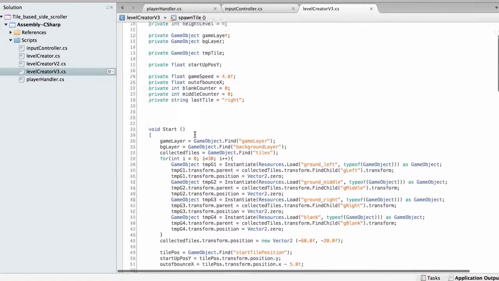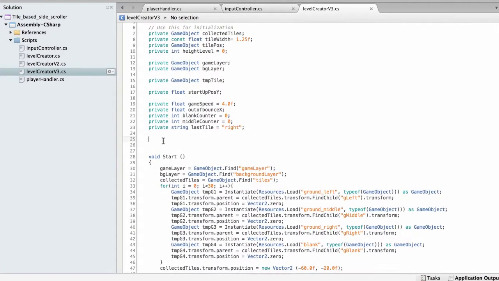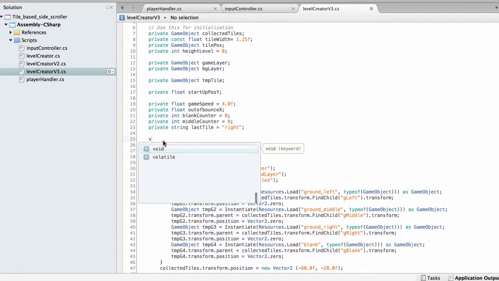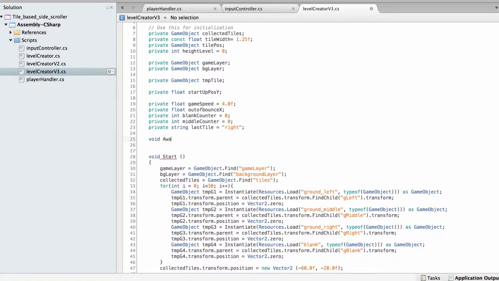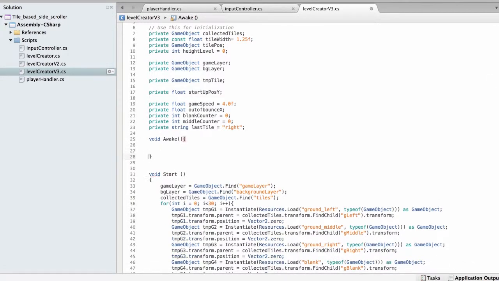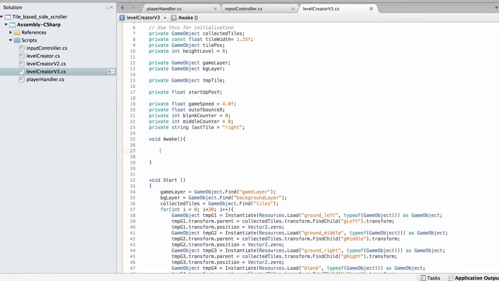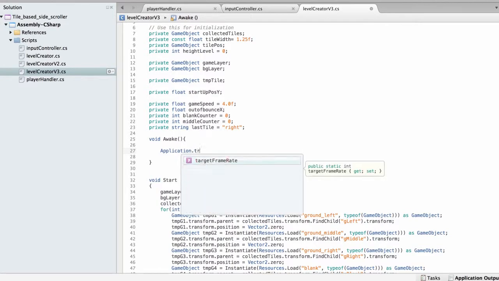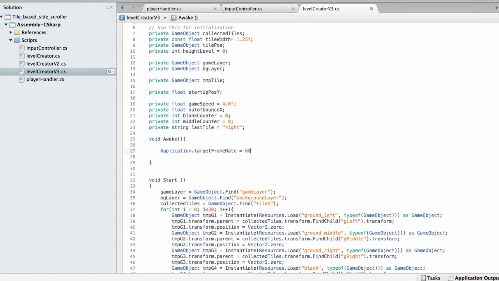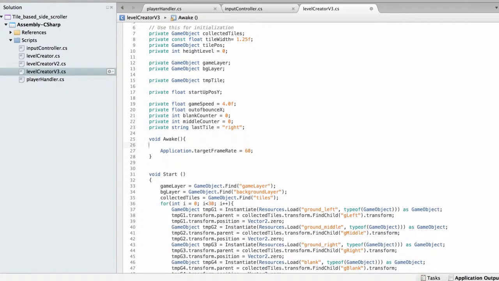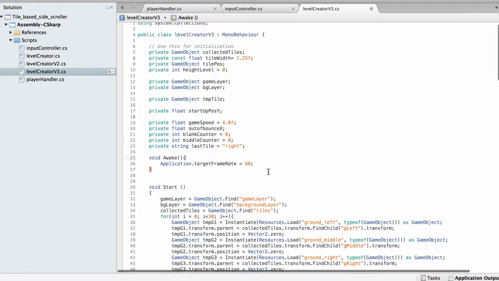So when you publish to devices, it's really good to know the target frame rate, or at least try to run in your preferred target frame rate. So that's what we're going to start off with. We're going to create an awake method, and within that we're going to do the Application.targetFrameRate and set that to 60, just to try to make sure we run as close to 60 as we can to get a nice and